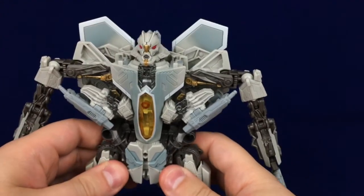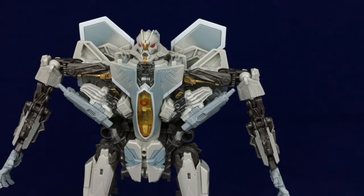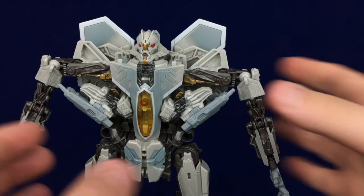It's really great. Apparently, this is where most of the budget for the deluxes went. But anyway, not hating on anyone who likes the deluxe figures, it's just, for me, they look way too not great. But anyway,